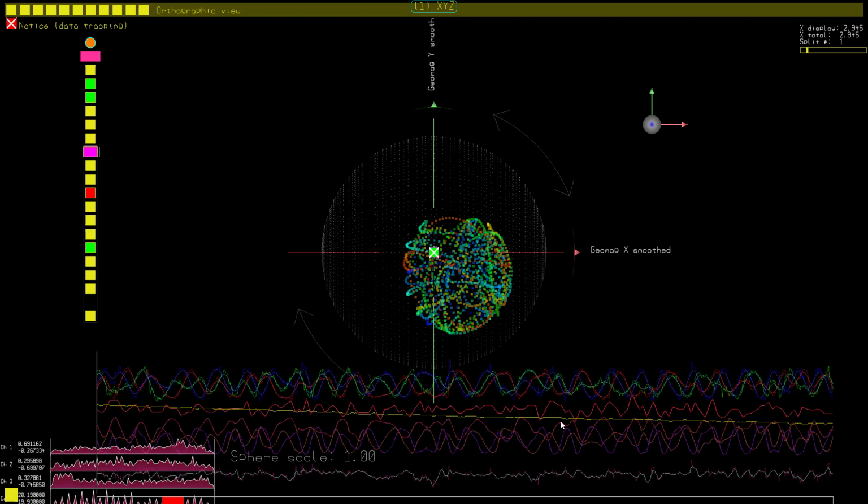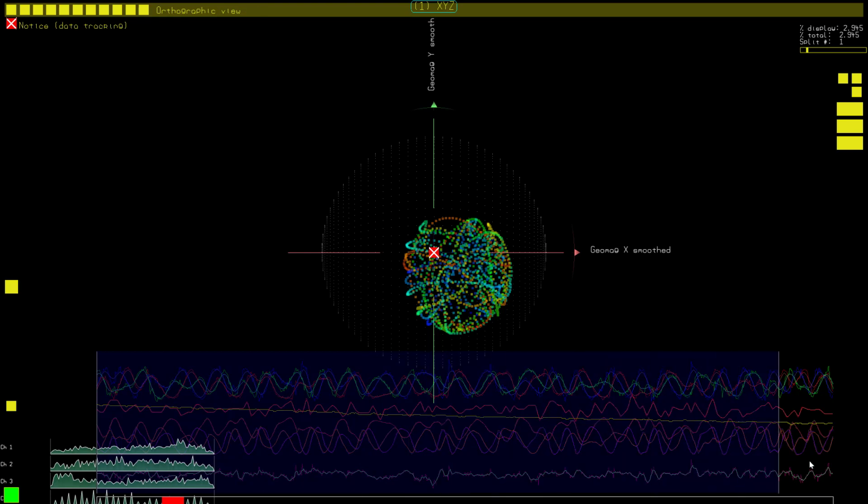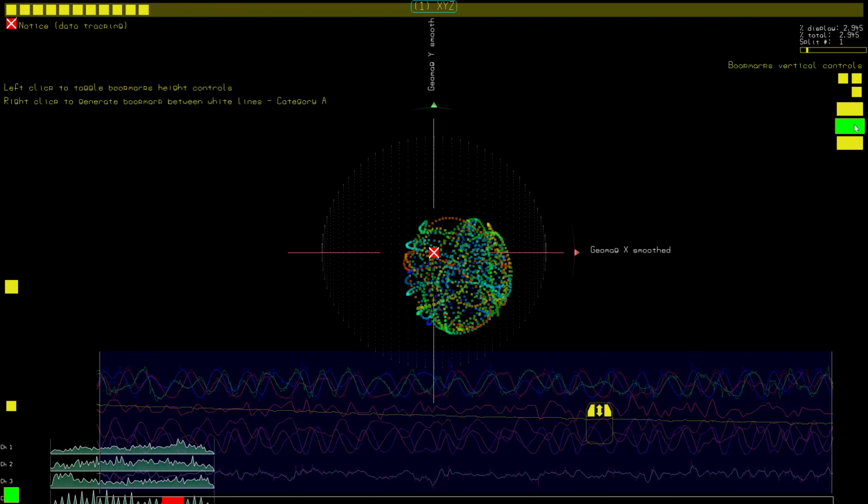Oops, now we're going to switch to 2D because there's 3D information and 2D information. You have to click this yellow button here to switch back to 2D. So, and we right click and left click to highlight the data we want to use. And then this button here is for bookmarks, which says just here. So right click to create a bookmark,